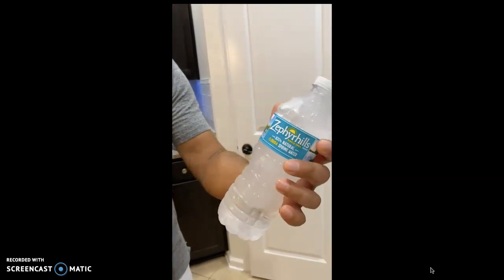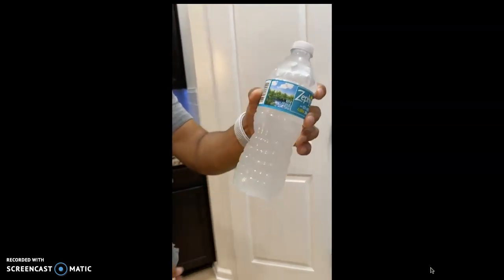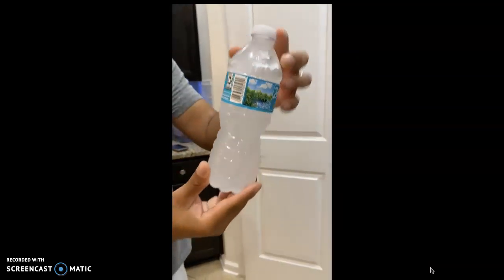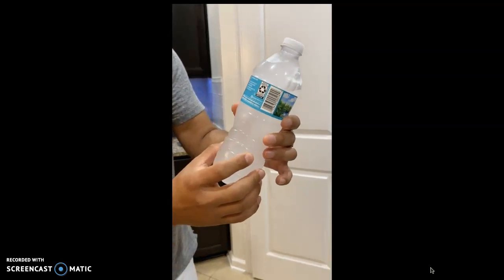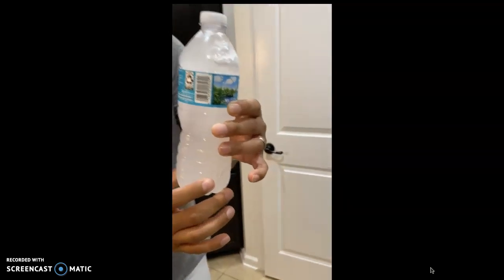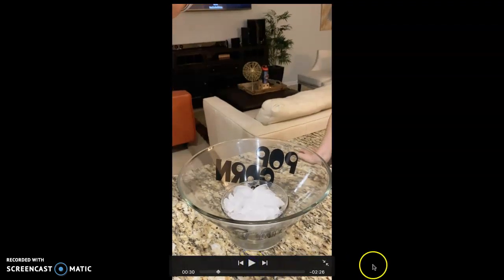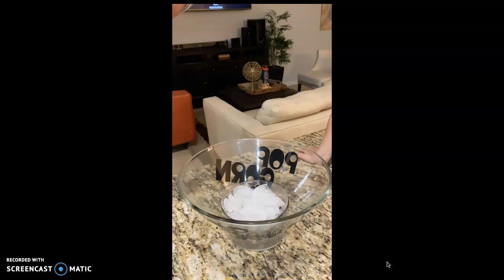The water bottle there had liquid water, right? And with a little hit, the water turned into ice. So basically, what happened? What we did was we put the water bottles in the freezer for 2 hours and 45 minutes. So at that time, the water is cooled down to below freezing temperature, but it hasn't started to freeze